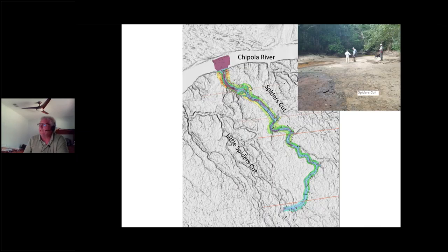So, a little closer look, this is our survey data overlaid on the recent LIDAR data that's out there. Some interesting things about the project. So Spider's Cut, you can see it in the middle with all the colors where we did our surveys. That's the bathymetric chart that we did there. Little Spiders is just to the west of us. And the interesting part about Little Spiders is it did not get clogged up. So it's pretty much a free-flowing stream, and it connects into Spiders down at the bottom of where we did